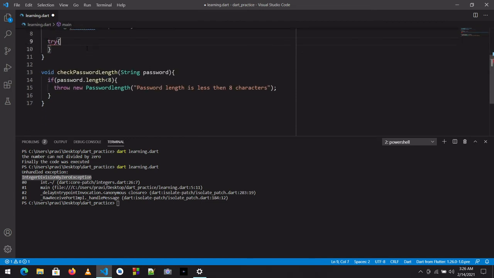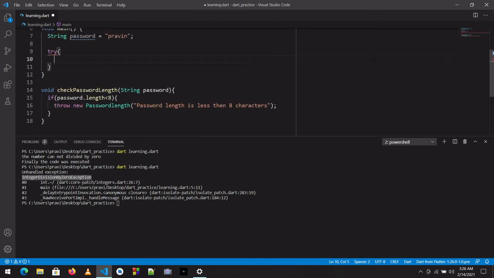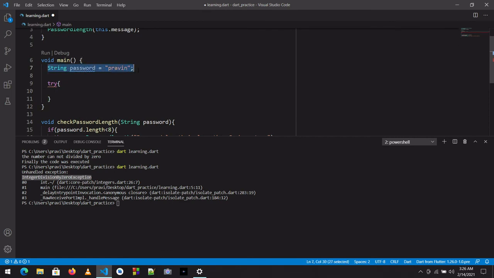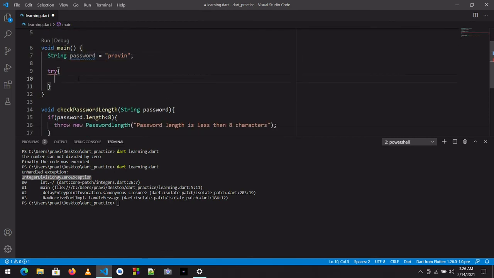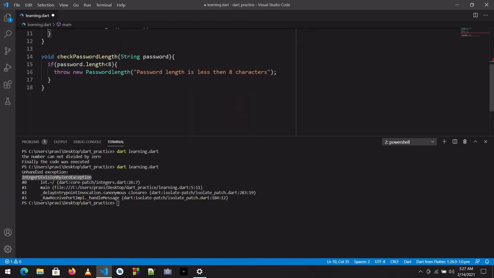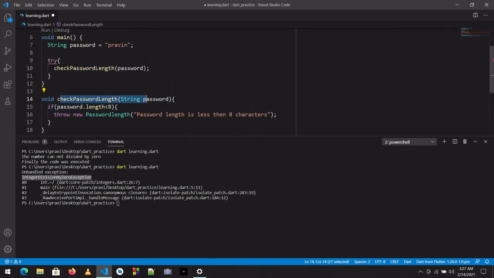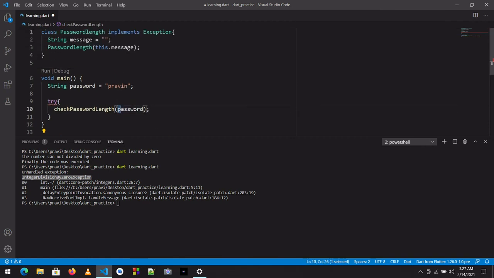So I will try giving this password we created, Praveen, and pass it to the checkPasswordLength function.